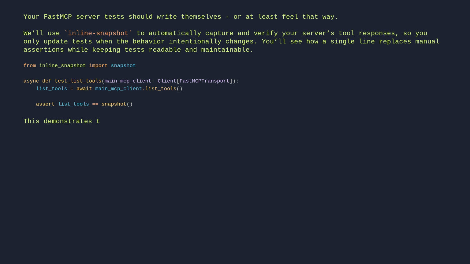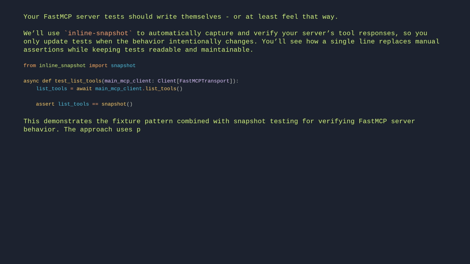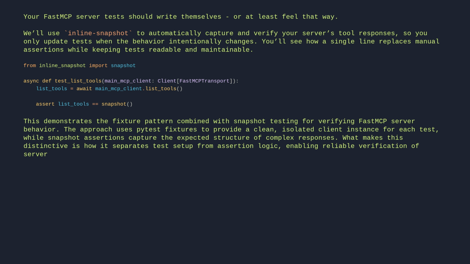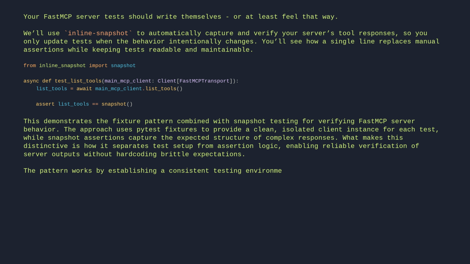This demonstrates the fixture pattern combined with snapshot testing for verifying FastMCP server behavior. The approach uses Pytest fixtures to provide a clean, isolated client instance for each test, while snapshot assertions capture the expected structure of complex responses. What makes this distinctive is how it separates test setup from assertion logic, enabling reliable verification of server outputs without hard-coding brittle expectations. The pattern works by establishing a consistent testing environment through fixtures, then using declarative assertions to validate